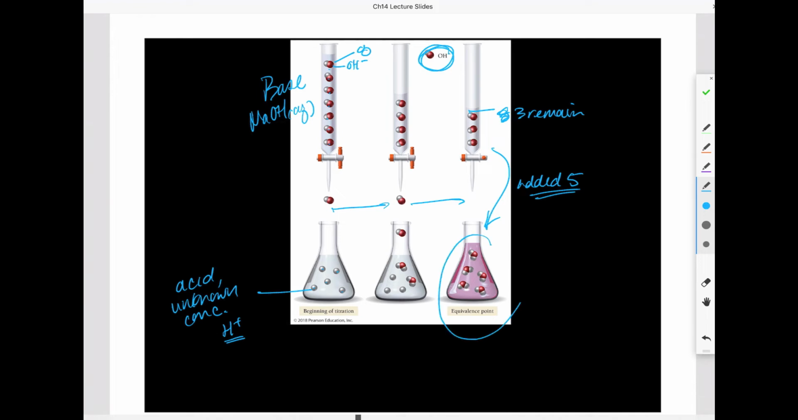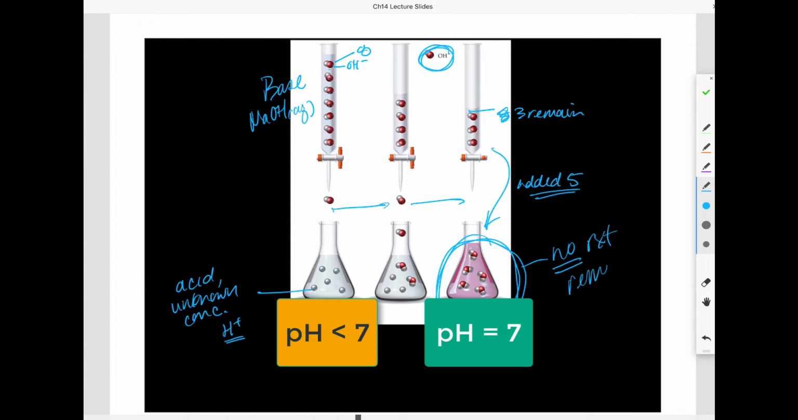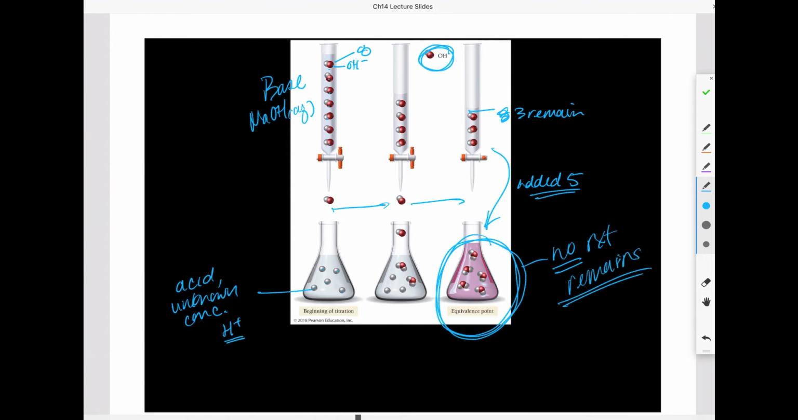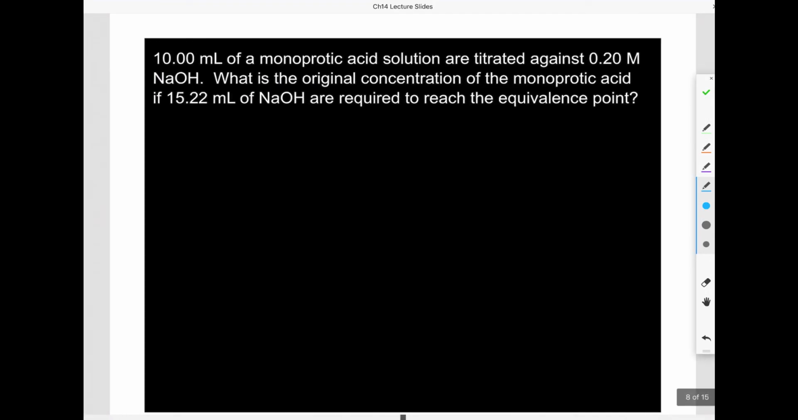And when we reach the equivalence point, like this picture shows, there is no reactant remaining, yes? So at the equivalence point, there is no reactant remaining. What should have happened is we should have exactly reacted all my reactant, and there should only be product left, okay? All right, so let's go ahead and do a practice problem to see what this actually means in terms